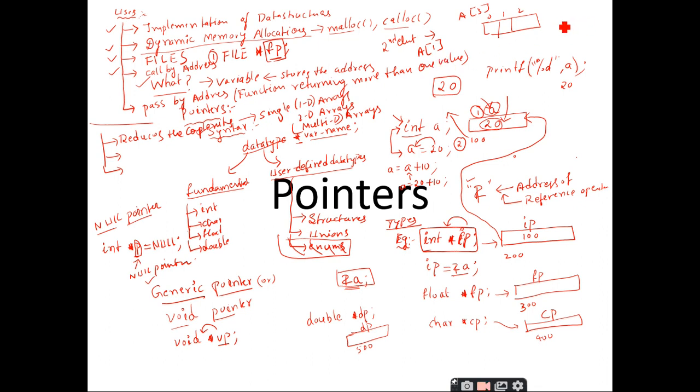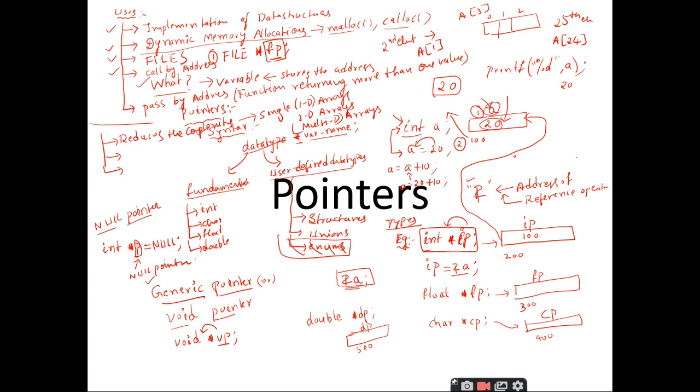If I want to access the 25th element, how can I access? It is a of 24. Like that, if you want to access the individual elements in the one dimensional array, you can easily access them by making use of the indexing concept.